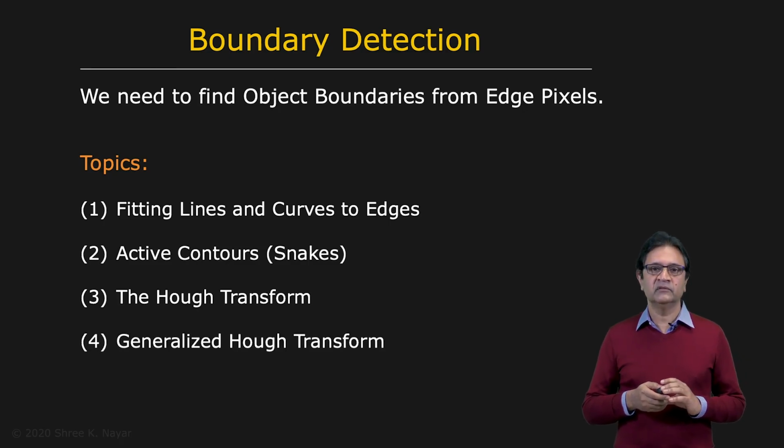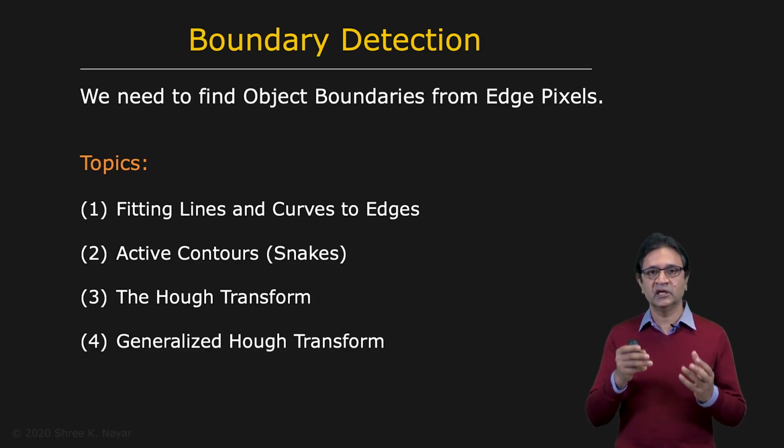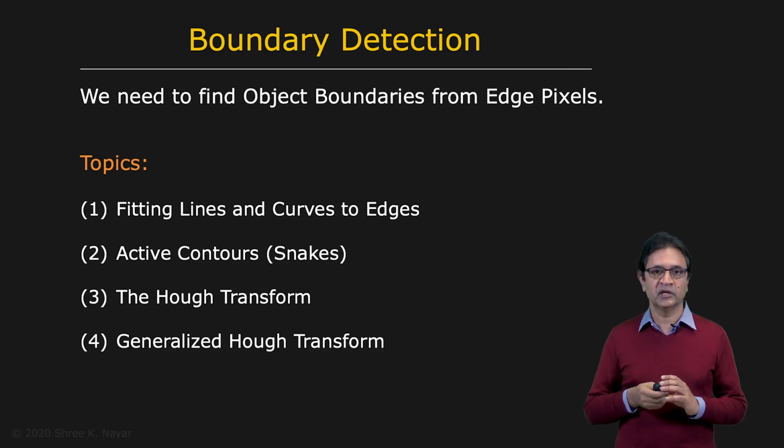And then we'll finish up with the generalization of the Hough transform. What if you're not given the parametric form of the thing that you're looking for? What if it's actually a hand-drawn sketch, a shape? Well, it turns out you can actually generalize the Hough transform to apply it to those kinds of complex shapes as well, and we'll see how that kind of technique can be implemented and what the limitations of the generalized Hough transform are.